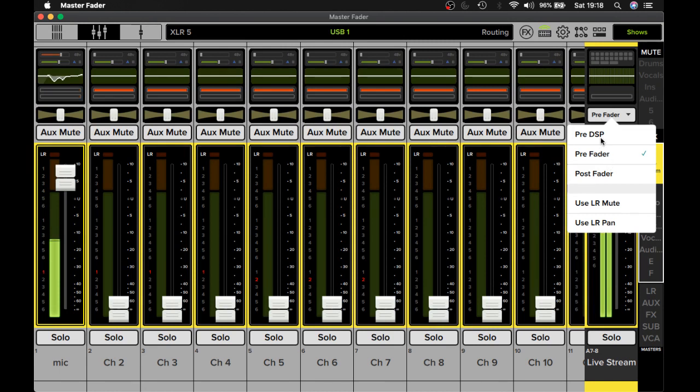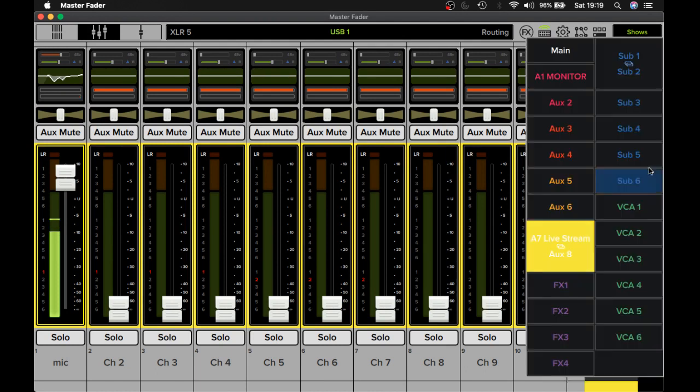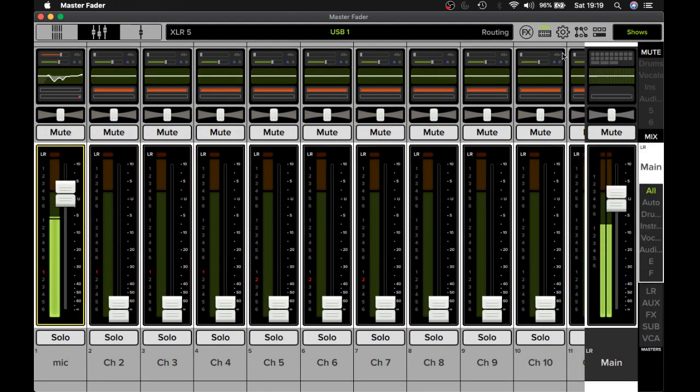Okay, so here's pre and post. I've obviously sent it to pre because I wanted to pick up the DSP, all the EQ and everything else. And I'm going to make the mute and the pan independent for my aux 7 and 8. That way I can have full control over what I'm doing here without having to worry about any changes I'm making to the main, because right now I'm listening through the headphone jack, so I can hear what's happening. In order for me to do that, and I know this is a bit of a lazy route, but I've only just upgraded to 5.1.1 and I'm too lazy to do all the routing now, so I've just plugged my headphones into the headphone jack,